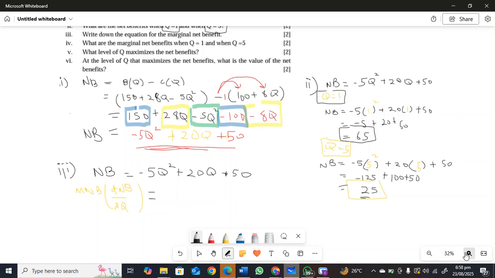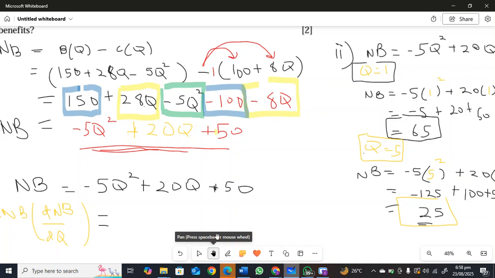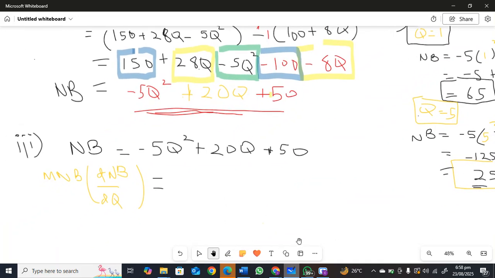Yes, Mr. Twalumba, have you derived? This is how,